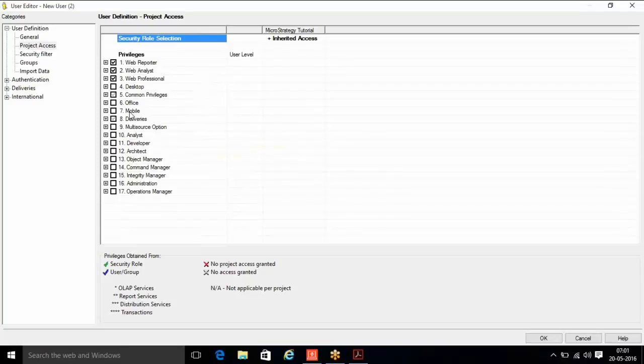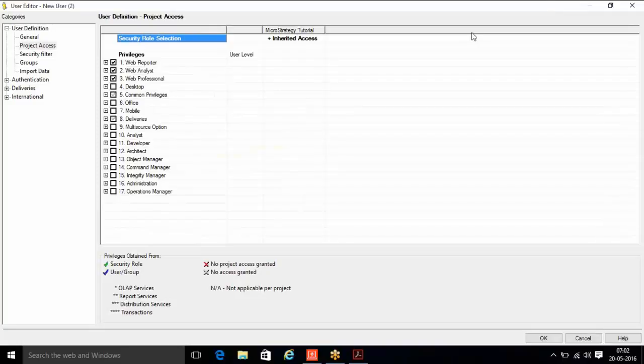From the administration perspective, you can clearly see Object Manager, Command Manager, Integrity Manager, and Operations Manager. These are all administration components or tools. If you want to make some other user an admin, you need to